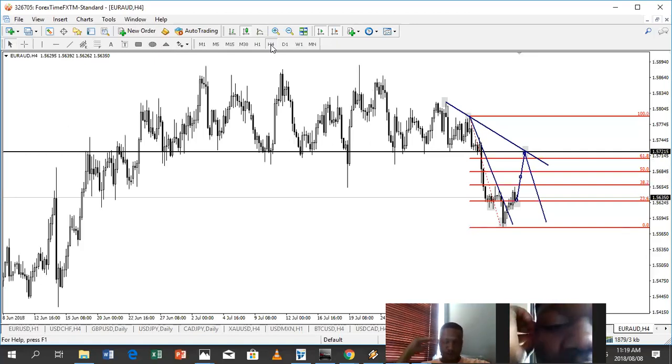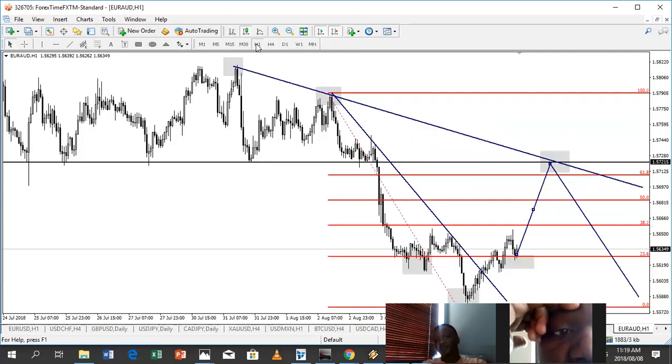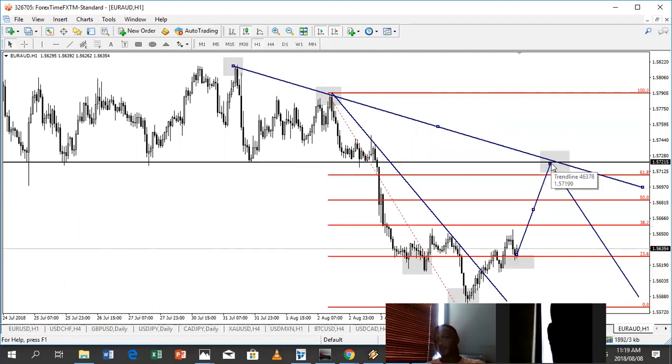It has to reach 61.8 before it continues going down. One more thing. On 1 hour, we saw an inverse head and shoulders. That confirmed that this goes up there. So this one is our level 1, and this is our level 2. We're expecting price to come and bounce there for the last time before